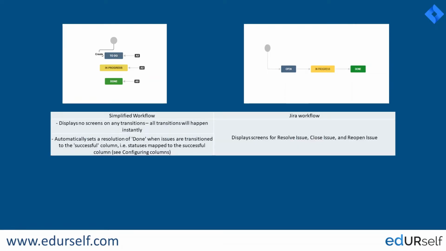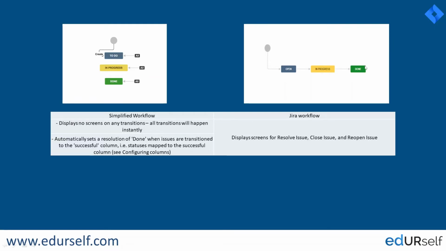And the third difference, whenever we see the simplified workflows, they display no screens on any transitions. All transitions will happen instantly. Now when we are moving the issue from in progress to done, maybe to do to done, the workflow status will automatically update. Now when it comes to a custom workflow, when we are closing the issue to done,